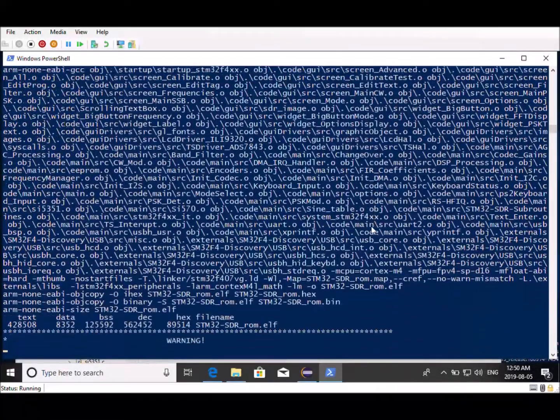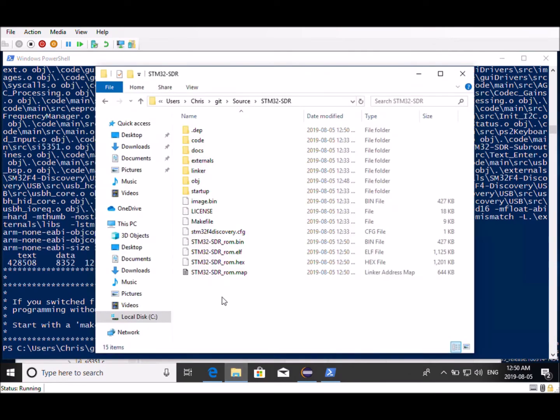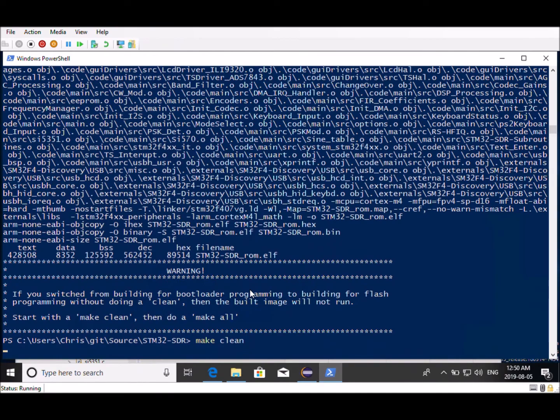Now it's wrapping up, and there at the bottom we see the files that are generated: STM32 SDR rom.bin, and in the Windows Explorer, here it is. That's the file. So that's the one that we take and we would load as a hex file or a binary into the STM link and program the